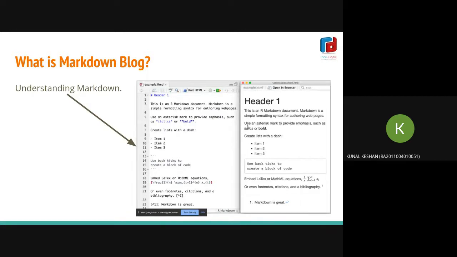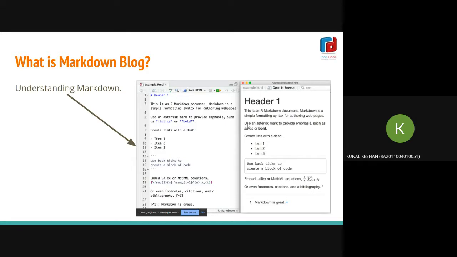Understanding Markdown. Markdown is basically a formatting language, and people don't have to know how to write HTML. You just need to know a little bit of syntax that will automatically convert your markdown file into an HTML file.